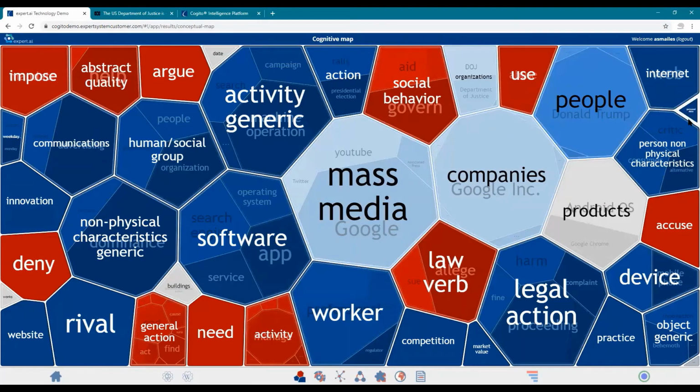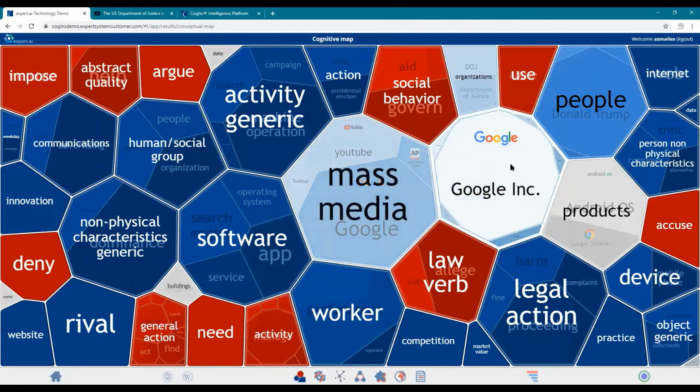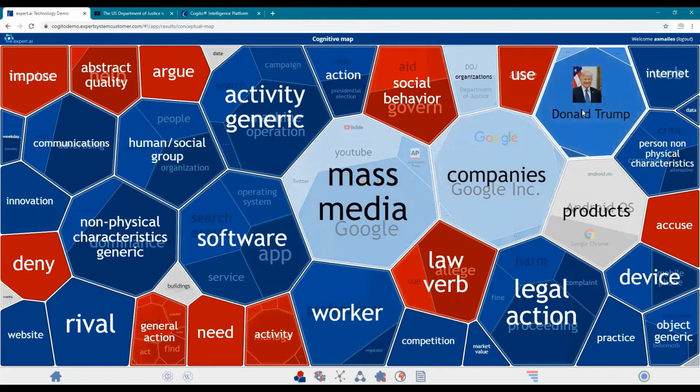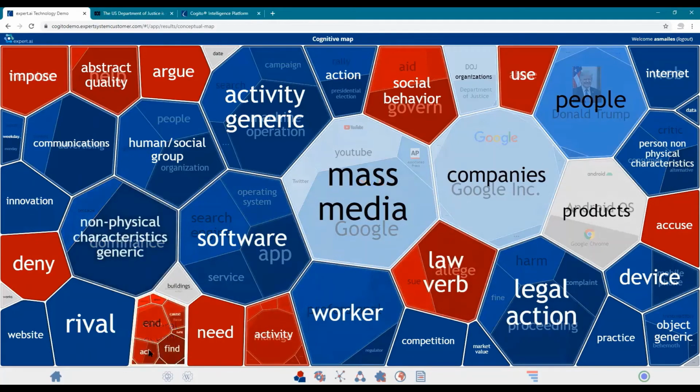This is all the terms found in the article, broken down into groups. There's one here about products, which is talking about Android operating system and Google Chrome. There's mass media: Google, Twitter, Associated Press. There's different companies. There's Google. There's people, Donald Trump. There's person, non-physical characteristics, so they're critical, consumer, alternative. So all these words, you can see it's a semantic map of what the document's really about.